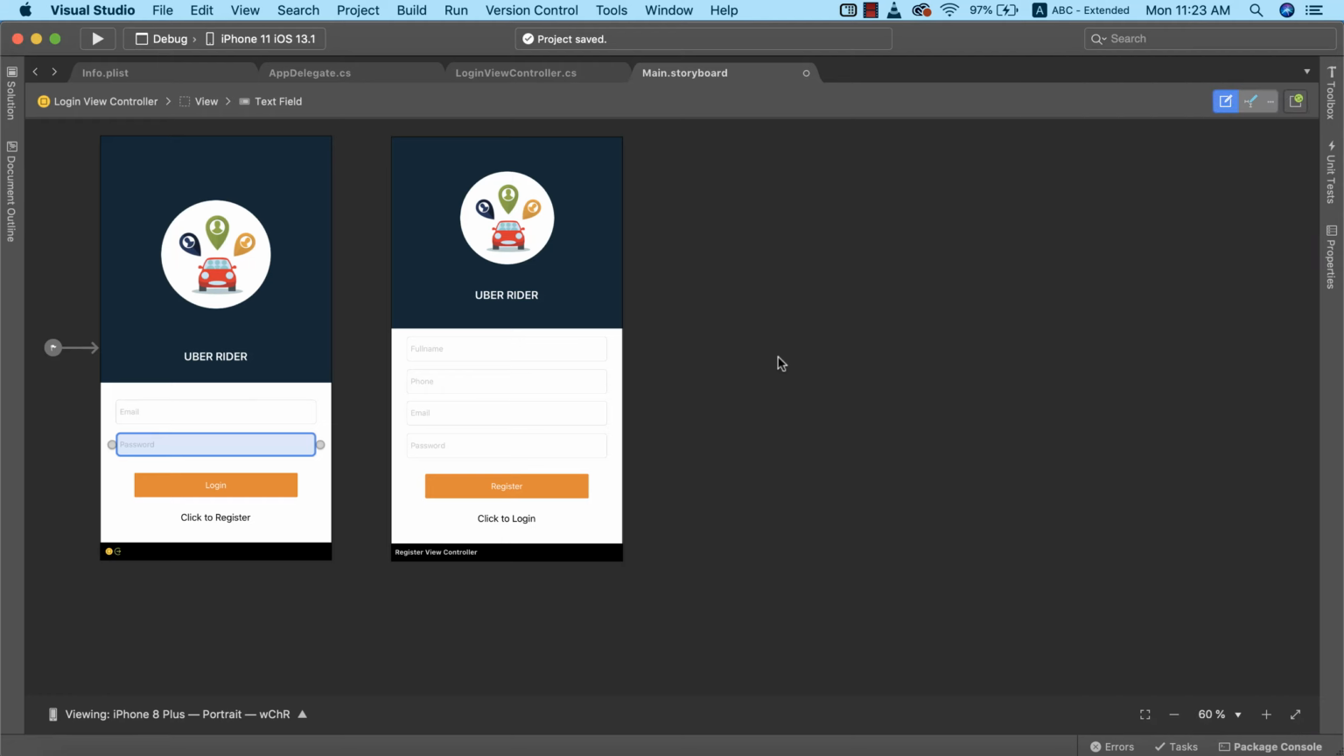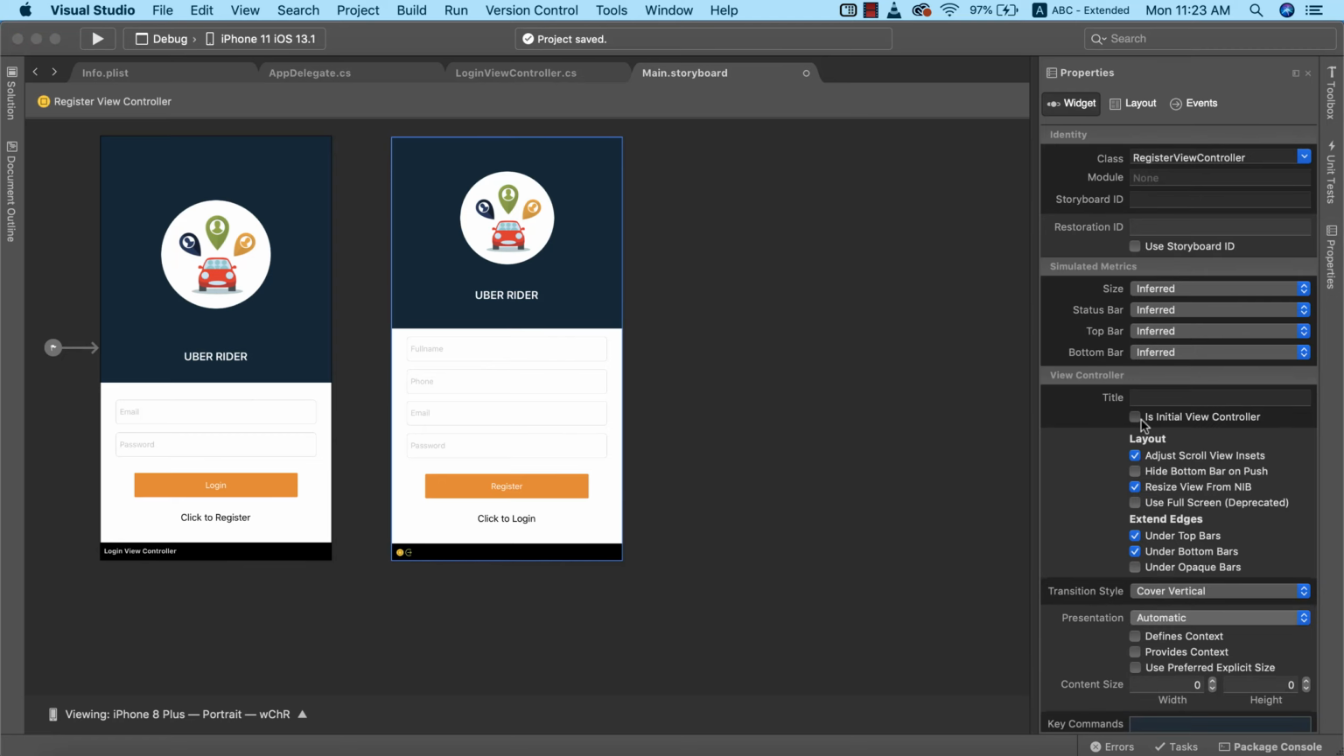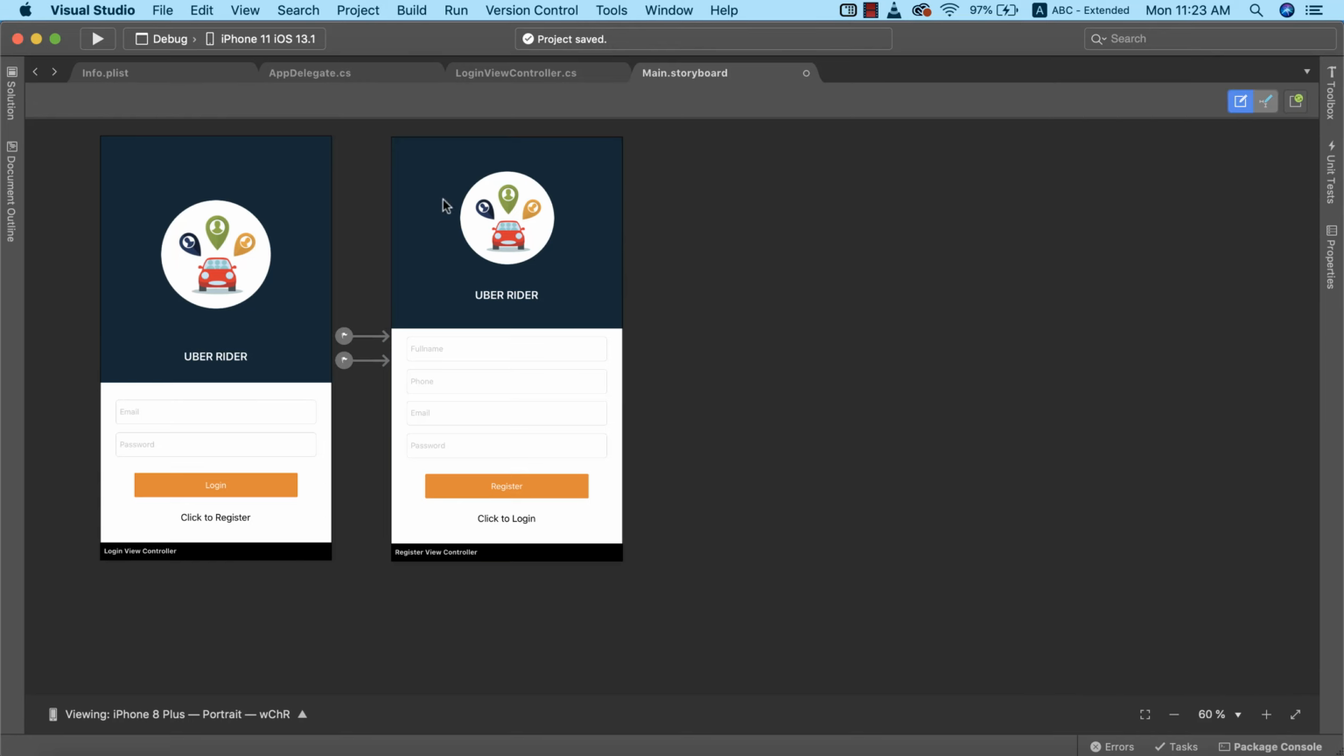Alright, now the next thing we want to do will be to run our app so that we can see the registration page that we just designed. But if we go ahead and run this app, it's going to display this page. So how to make our app start from the registration page is very simple. So we're going to go ahead and select our registration view controller and go to properties and tick is initial view controller. So now we're going to go ahead and run our app,